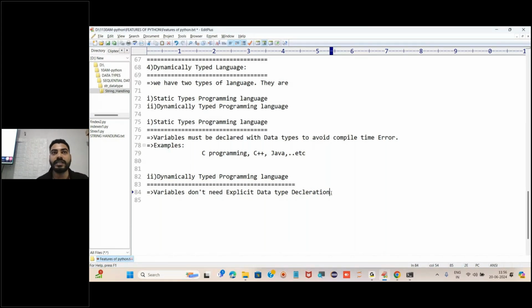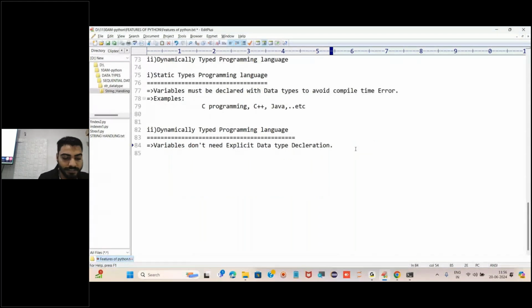Okay, who is taking care of that? PVM. Who is PVM? Python virtual machine. Getting my point? Okay, so this is okay. What is the example for this? Let me write few more points. Python is an example